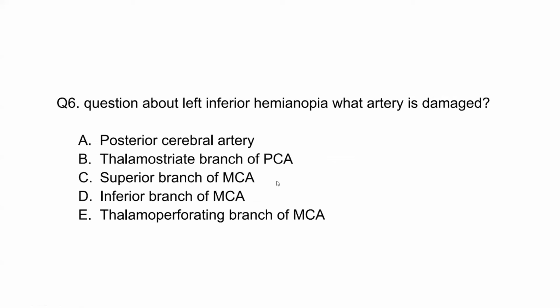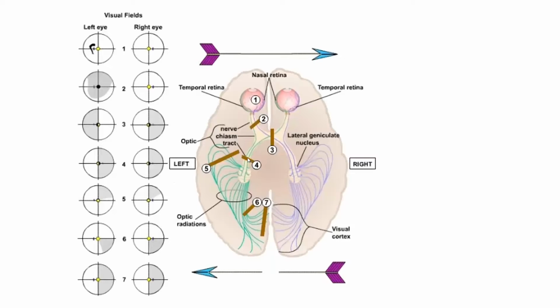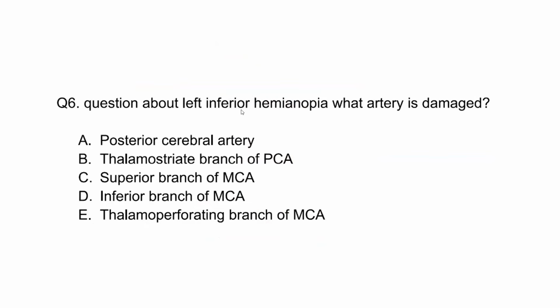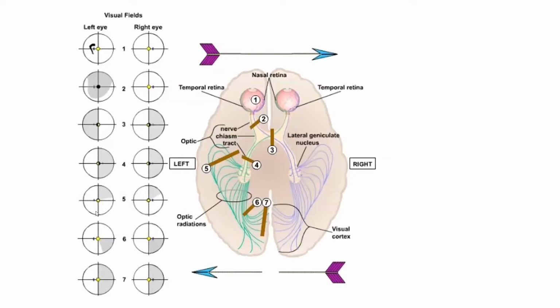Okay, sure. So, like we said, we're eliminating C, D, and E on account of them being the middle cerebral artery. Okay, and so if we look at this diagram, since we have an inferior hemianopia, we're expecting it to be number 6 here, which is the inferior hemianopia. And so we know that the lesion is going to be somewhere in this area, right? Since this is all the way at the back of the brain, with this being the front and this being the back,